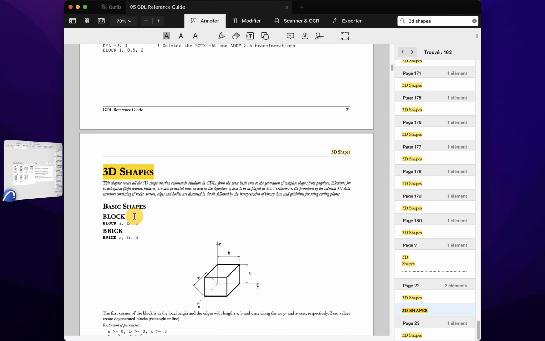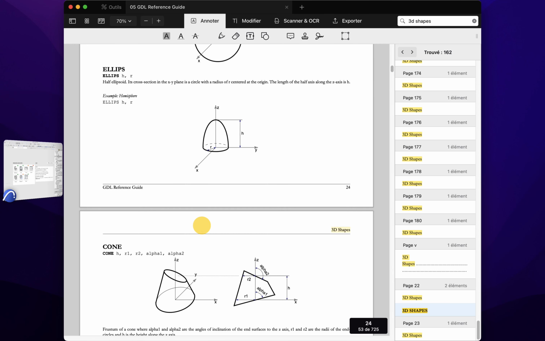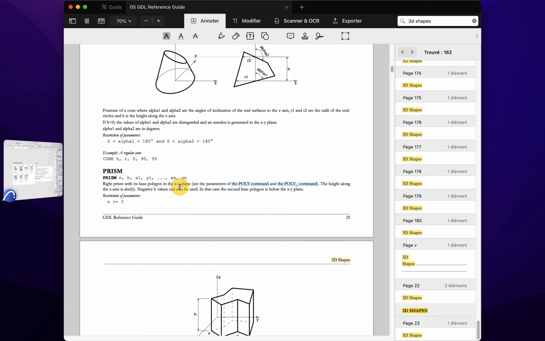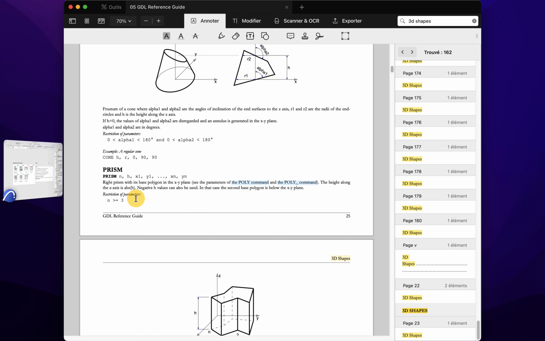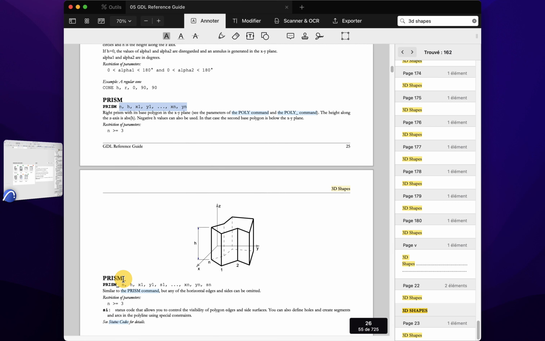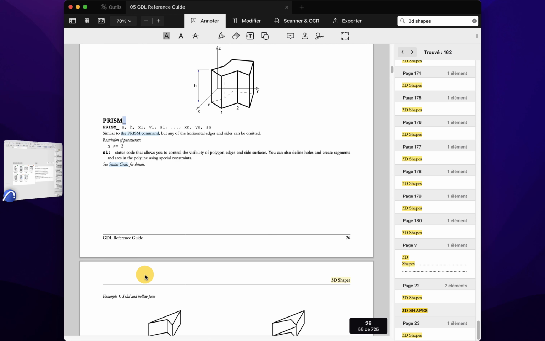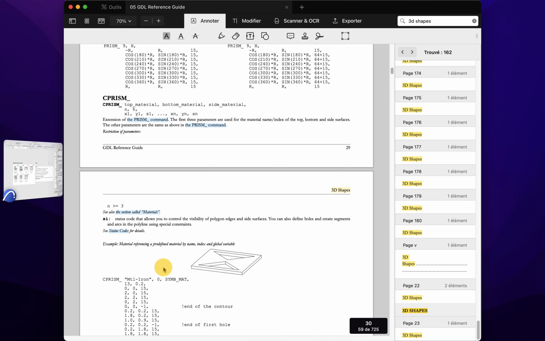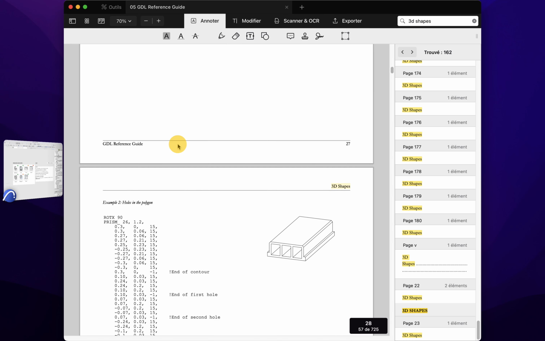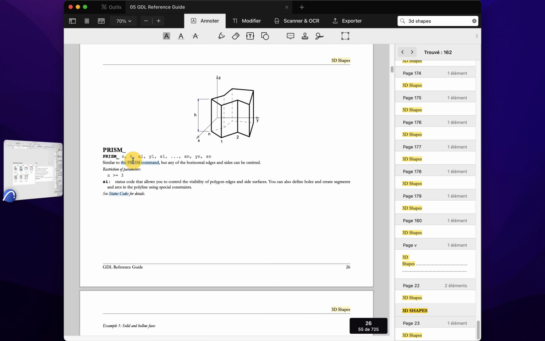Here you can see that I have some basic shape here, and if I scroll down a bit, you can now see that I have prism comments. Similar to poly2 here, you can see that it has a similar way of having arguments, and also it has similar variants where you have underscore or here cprims underscore, or the same with the numbers, etc. What we will use here is the prism underscore because it is very similar to the poly2 underscore here.